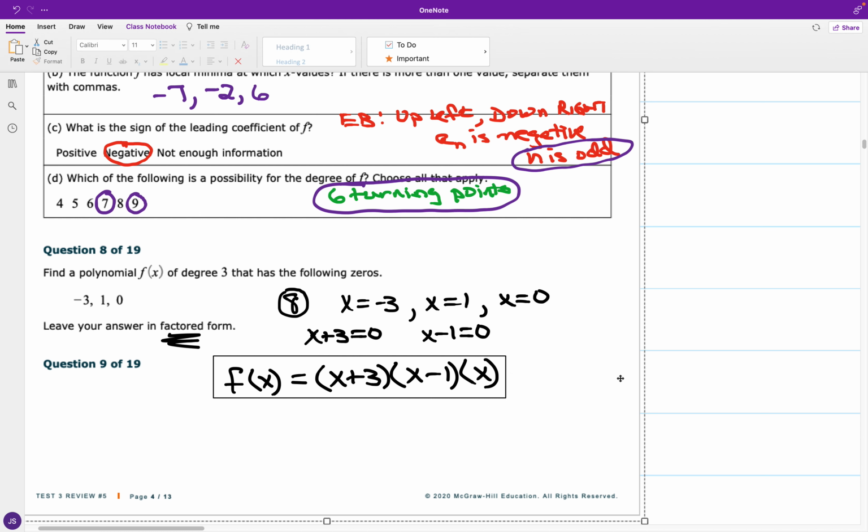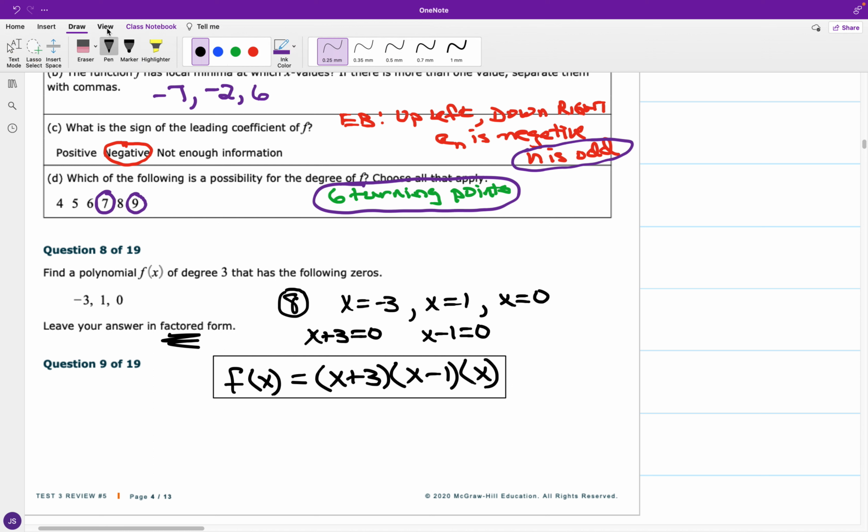Okay, and the factored form is going to be one way that you can express the final answer. This might get a little bit confusing, to say you find a polynomial of degree 3. But the factored form here, even though you don't have any expression to the third power, is going to take care of itself, because once you get to the expanded form, I'm just going to throw this in. So if I were to multiply x plus 3 and x minus 1,